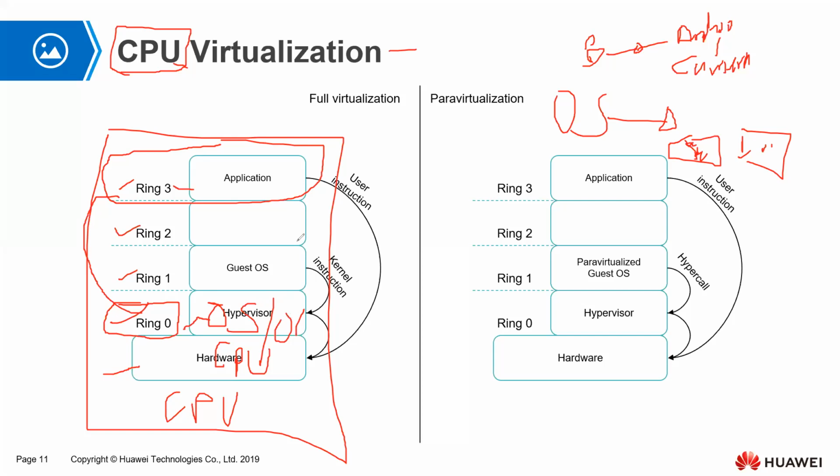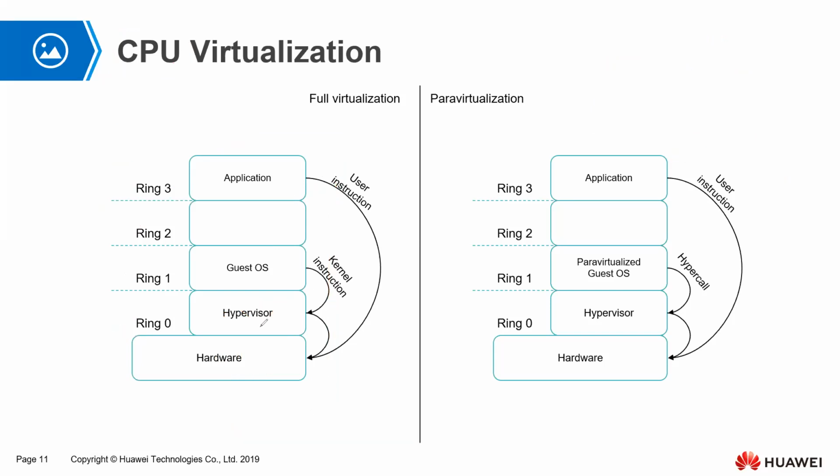Usually the operating system sends two types of instructions: what they call privileged instructions and common instructions. Privileged instructions are used to manipulate and manage key resources, and by resources we mean hardware resources. These instructions can be executed by programs of the highest privilege, which we said is ring 0. The other type, common instructions, can be executed by programs of the common privilege level, and that is ring 3.